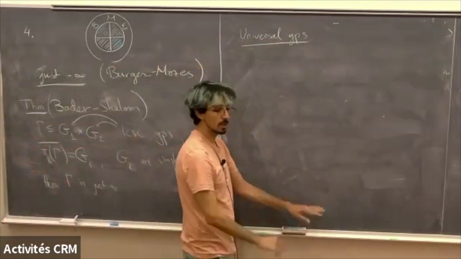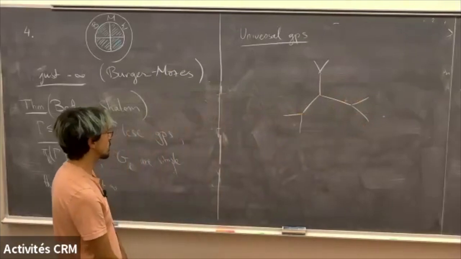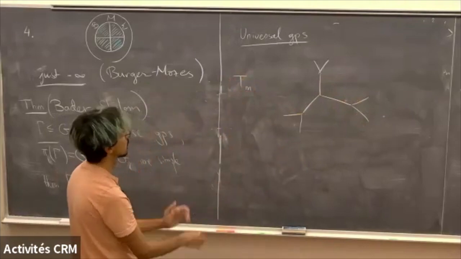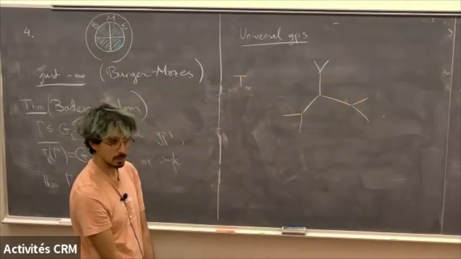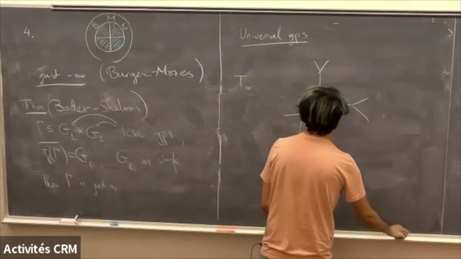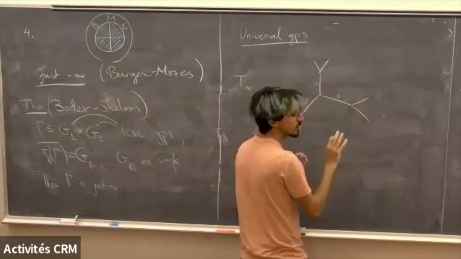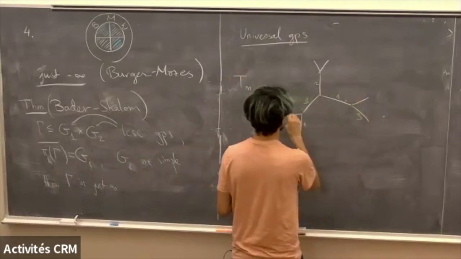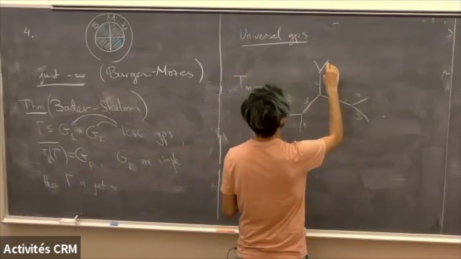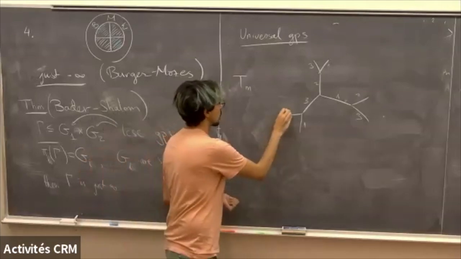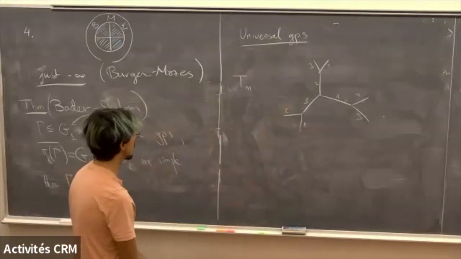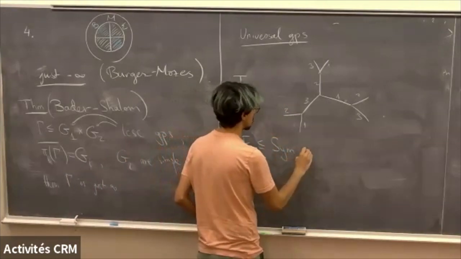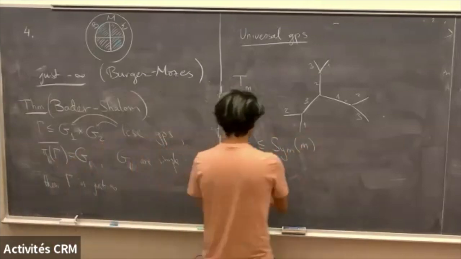So what are those? You have your regular tree, let's say T_M. You color the edges properly with M colors, right? So you do that, I don't know, 1, 2, 3. There is basically one way of doing this up to the automorphism of the tree, so I don't really have much choice for how to do that. Now consider some subgroup F of the symmetric group on M colors. And so the universal group U_F